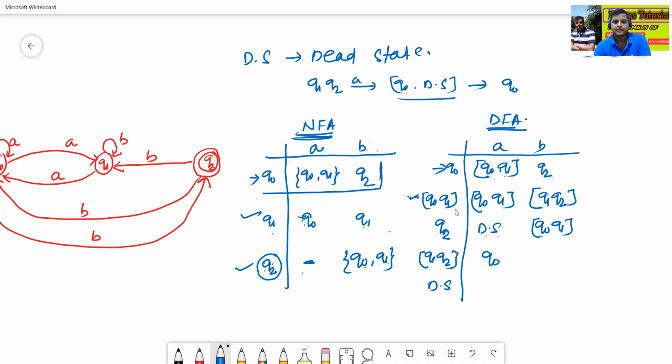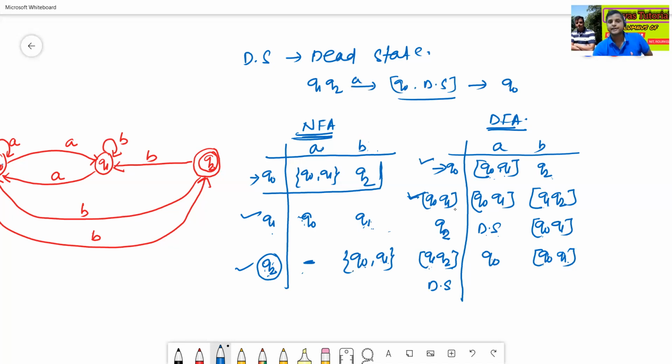Then Q1, Q2 reading B gives Q0, Q1, and since there are two Q1s, we simply write Q0, Q1. Q0, Q1 is already there. There is no new state.